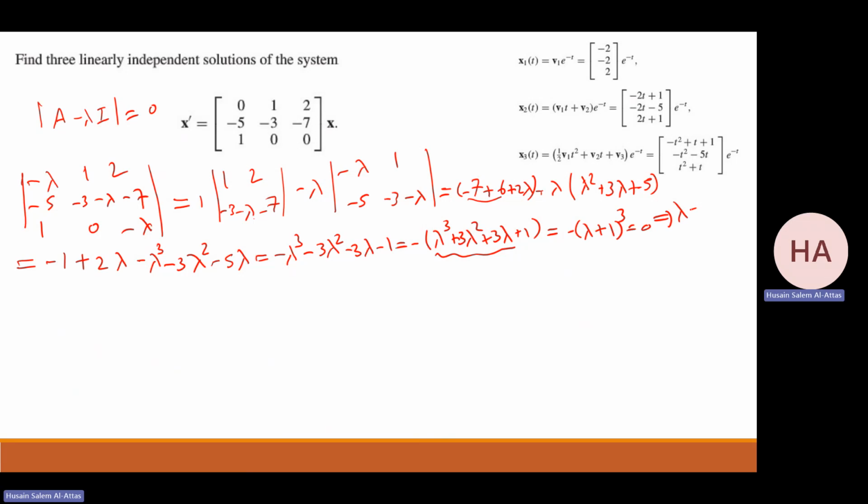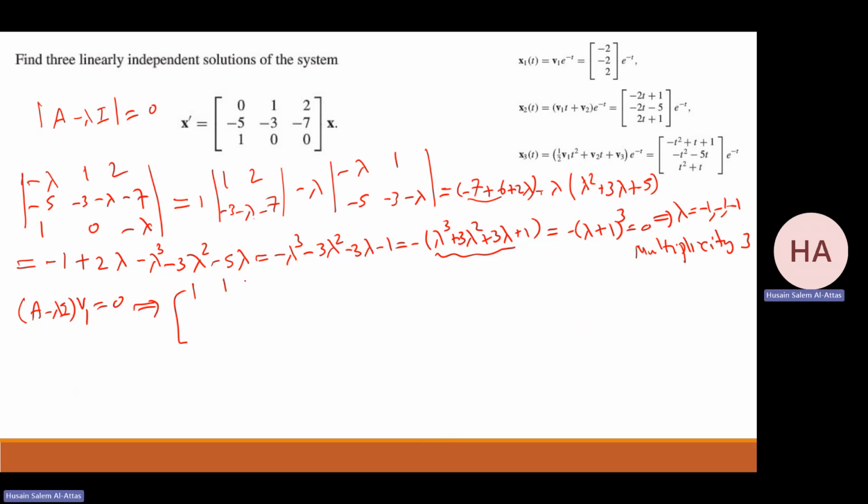So it means my lambdas are minus 1, minus 1, minus 1, repeated 3 times. So I have multiplicity 3. Let me see how many eigenvectors I can get. So we solve (A minus lambda I) V1 equals 0 to find how many eigenvectors. What I will get,